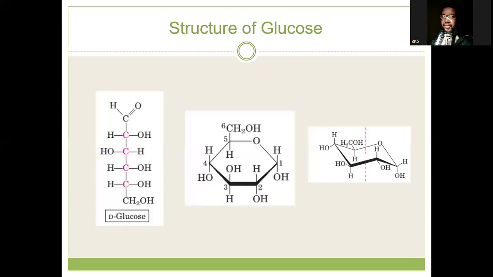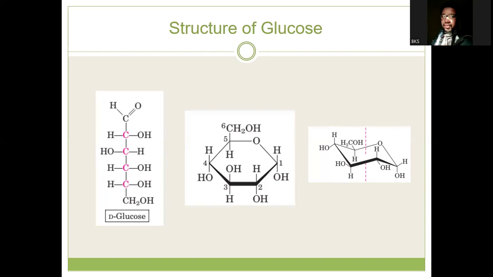Okay, now the structure of glucose. This is the structure of glucose, a 6-carbon molecule. It can either be in a linear form, which is the Fischer projection formula. This molecule, as it is, represents some chemical properties of glucose, but in solution in most